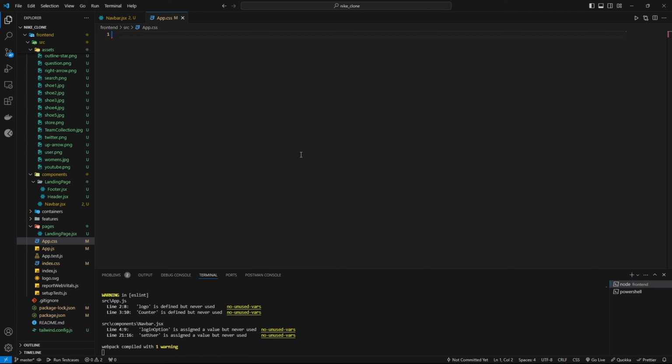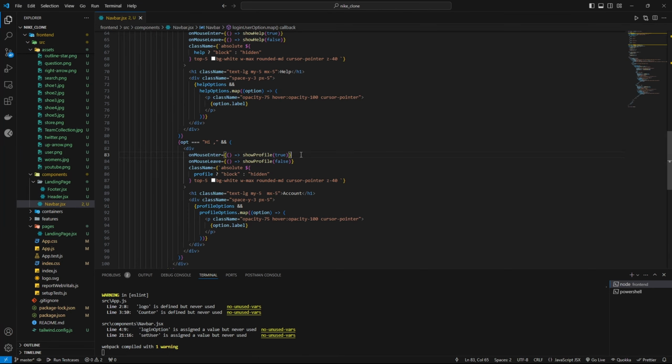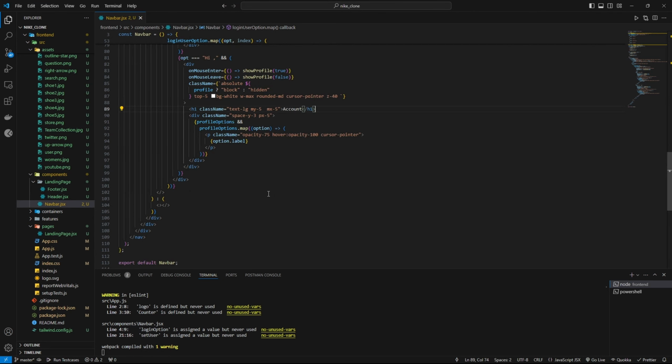Like what can we make? Okay, fair. For now just leave it like this. We are going to make some changes here, but for now in the navbar we can do something like, here we have the option labels of the accounts,